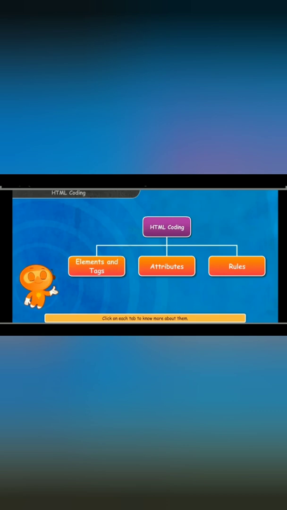HTML coding basically depends on three things: first, elements and tags; second, attributes; and third, rules. I will tell you one by one. An HTML element is defined by a start tag, some content, and an end tag.